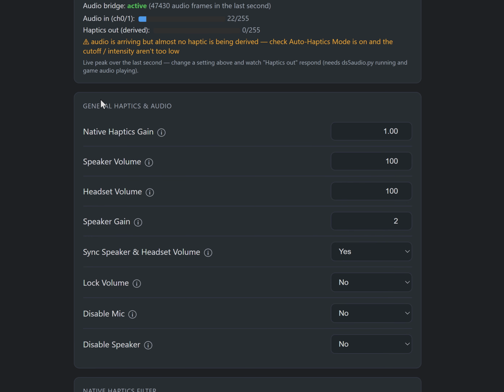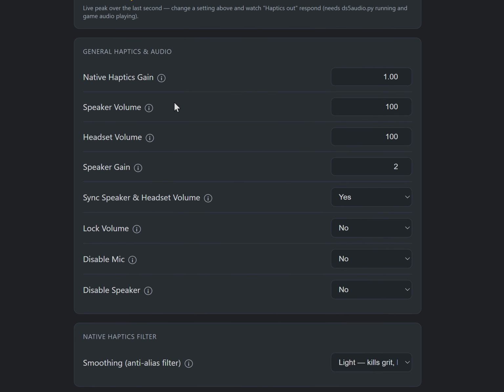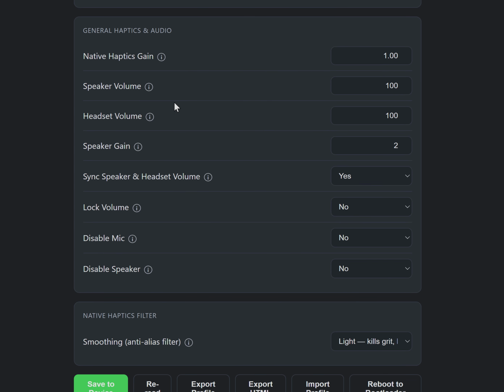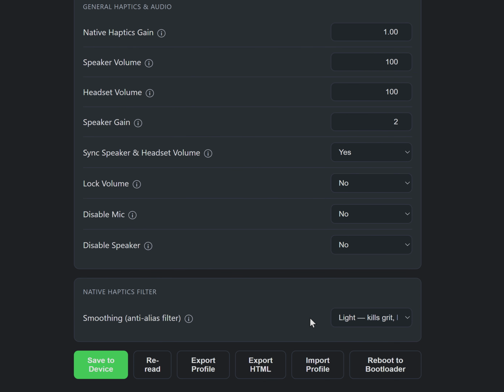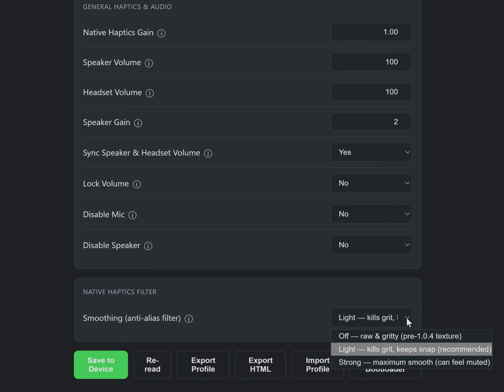I will not be going through this general haptics and audio settings because they are also in the main firmware and it's not really interesting for this exercise. And now we have the native haptics filter. I believe this is the last option on this page. So you have here off, light and strong. This is to be used essentially just with native. This allows you to nicely round off